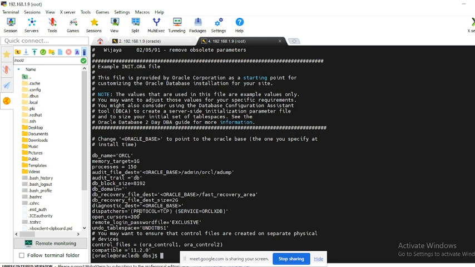Yes, and as you can see, the open_cursors parameter, which I have shown you, this is your control file location. This is the undo. This is the DB recovery file dest, which we have given by default. This is the DB recovery file dest size. And compatibility. So these are the default parameters which we have given at the time of the database creation. If you want to give anything else, then you can give all those things here.